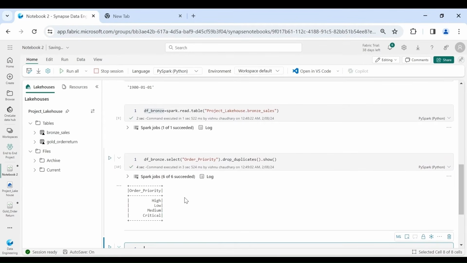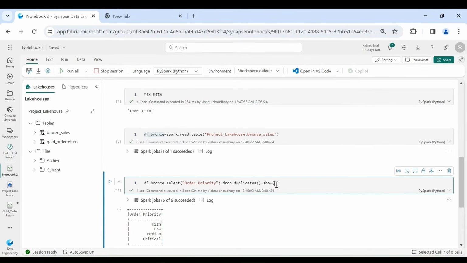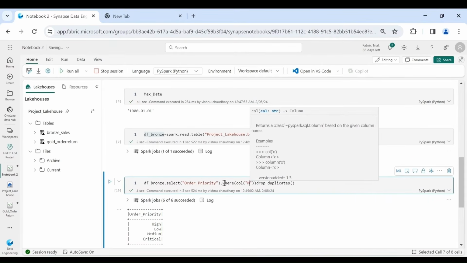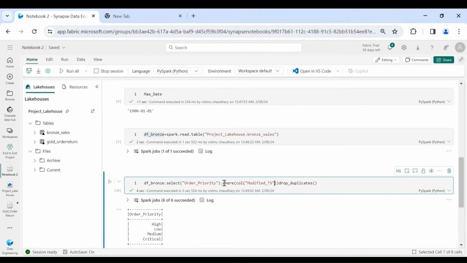You can see we have these four priorities, and now implement the incremental logic which we need to apply before drop duplicates. Where column modified timestamp of bronze sale is greater than max date, and then dot drop duplicates and take it inside a df_bronze_mod data frame. Run this